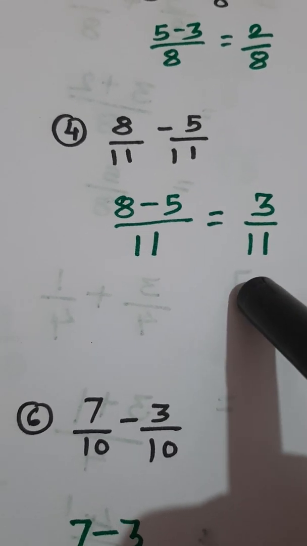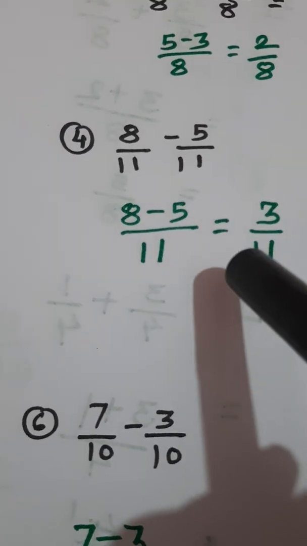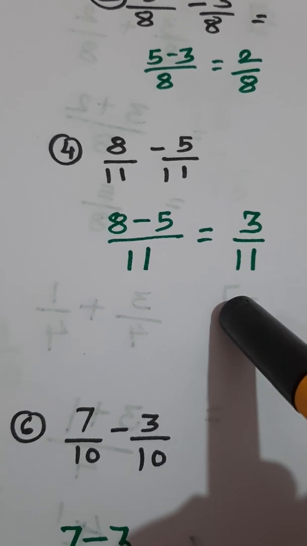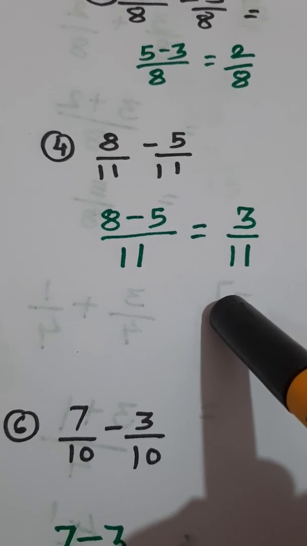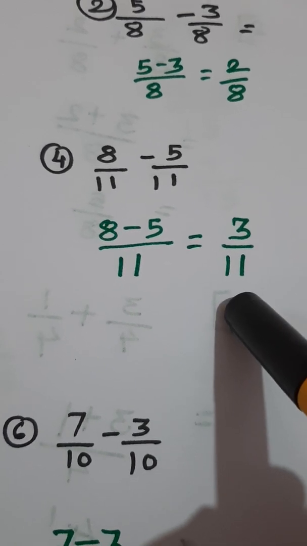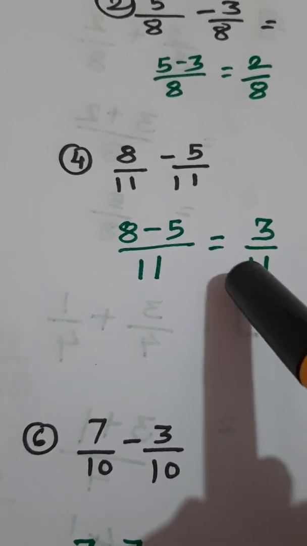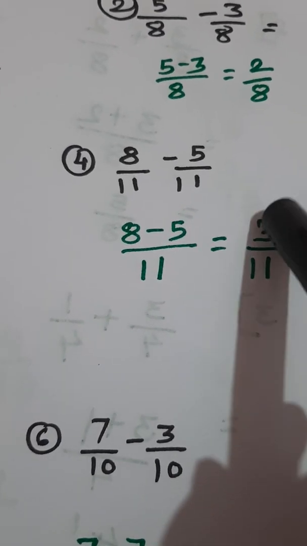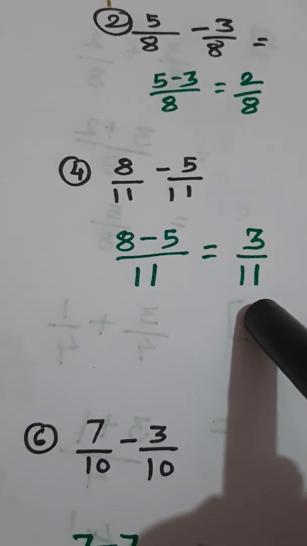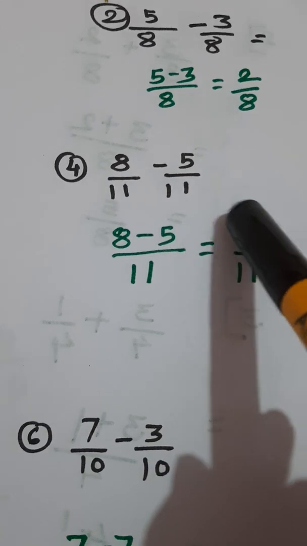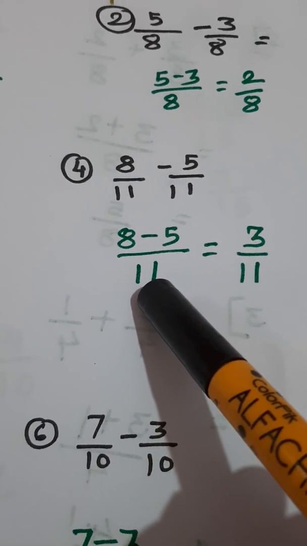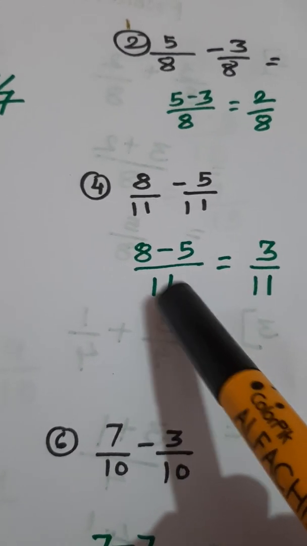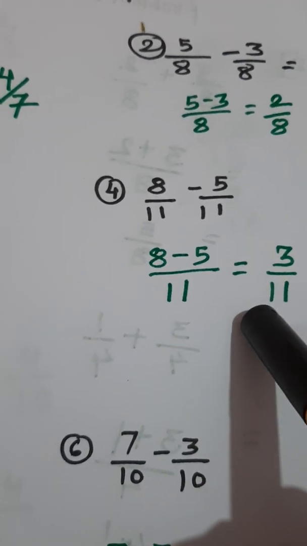And one most important thing, while doing the addition and subtraction of the like fractions, you have to remember, do the addition and subtraction of only numerators. There is no change in the denominator. Denominator remains same. And don't forget to write the denominator in your answer. That is the complete answer, 3 upon 11. Hurriedly, sometimes students write only 8 minus 5, 3 and they forget to write 11. So their answer goes wrong. So remember, this is the most important thing. Never forget to write the denominator.